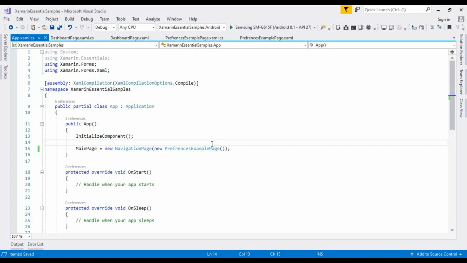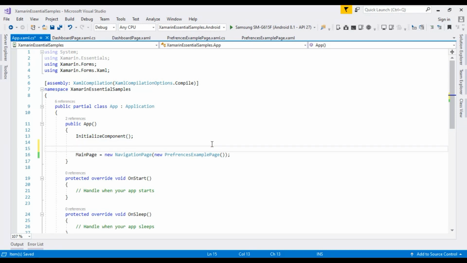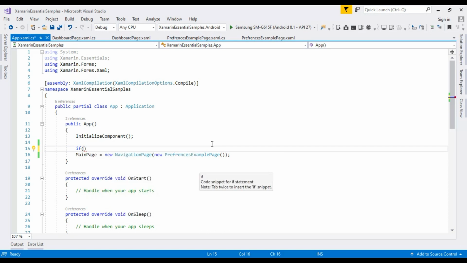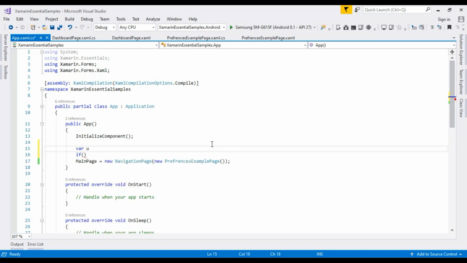So before login, we have to check whether the username already exists or not, because we have to check whether the user is already logged in or not. So here we are checking the preferences, and we have to use the Xamarin Essentials namespace, Preferences.Get method.